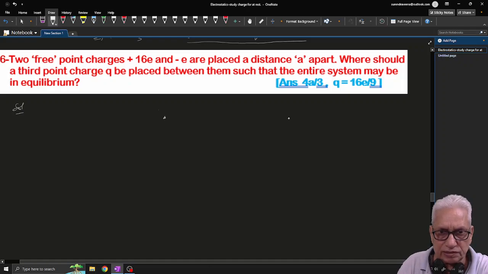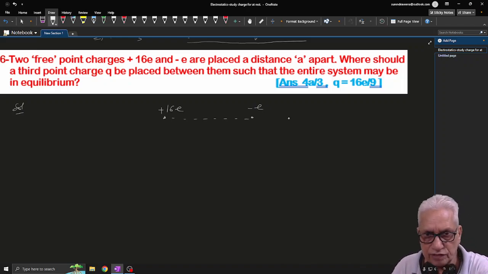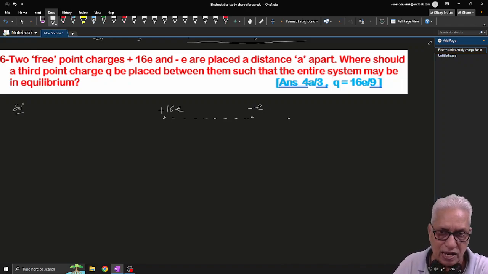See, suppose this is the positive charge 16e and the second one is minus e. Suppose we just search whether a neutral point exists in between. Suppose we take, say, a positive charge. This is attraction, so this positive charge is attracted by this towards right. This is repelled by this towards right. So there is no question. Both the forces are acting in the same direction. If we take a minus charge also, whatever charge we take, the neutral point does not exist in between. Let us think about a point outside.